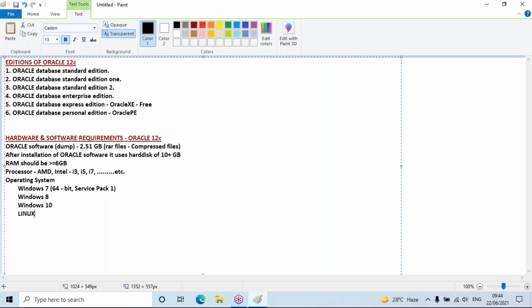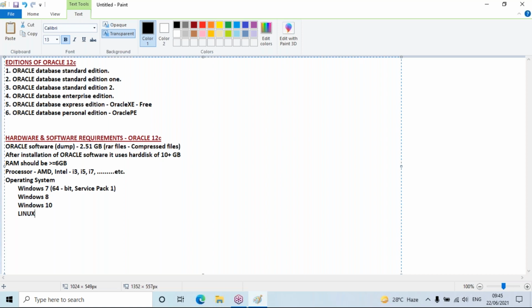Now the question that comes is: I said Linux, but which Linux? Make this point very clear. Linux has around 500 plus flavors in the market today.